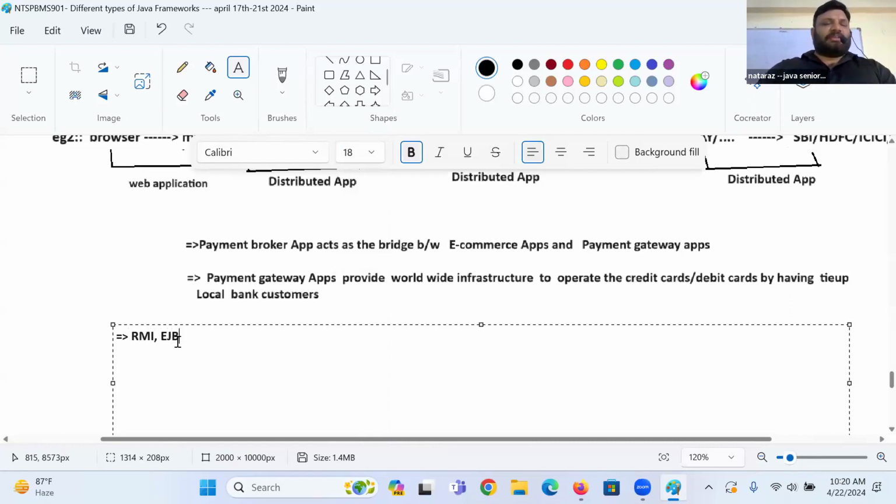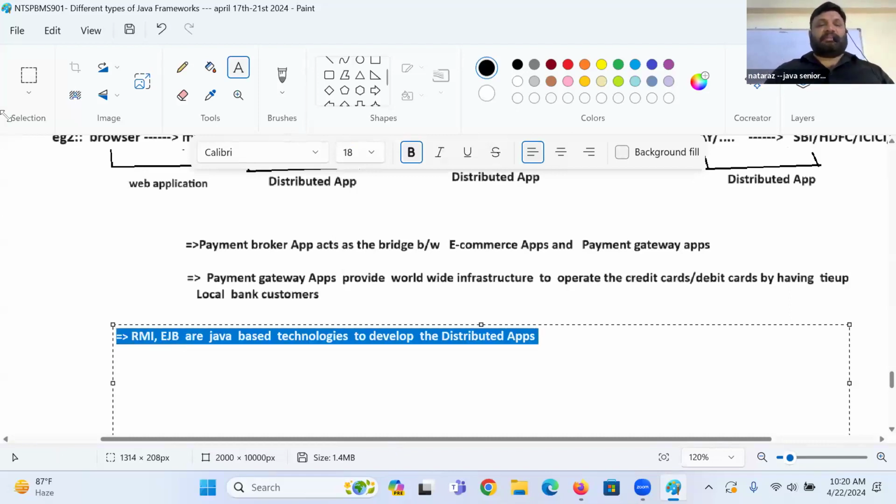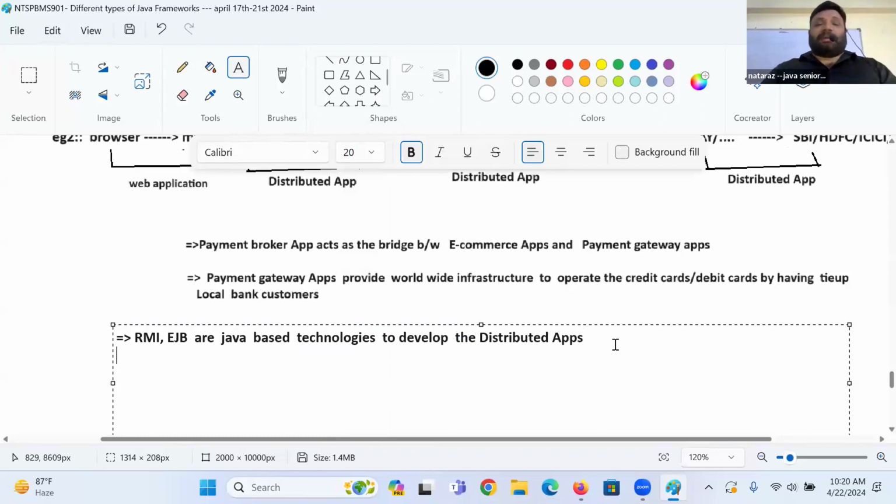RMI and EJB are the Java-based technologies to develop distributed applications. Agree with me? What is RMI, guys?